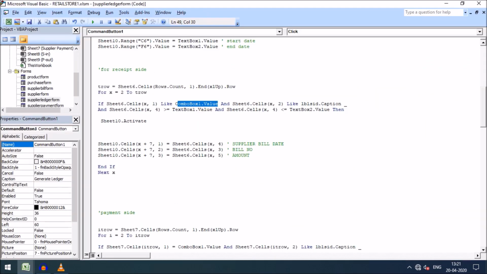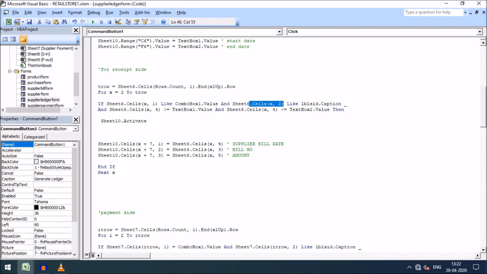If this supplier name is equal to the value of combo box 1 dot value, that means the supplier name which I select from combo box 1, and if it is equal, then the cell address for supplier ID, the ID dot caption, will show the corresponding ID in the label beside the supplier name when I select any supplier in the combo box.